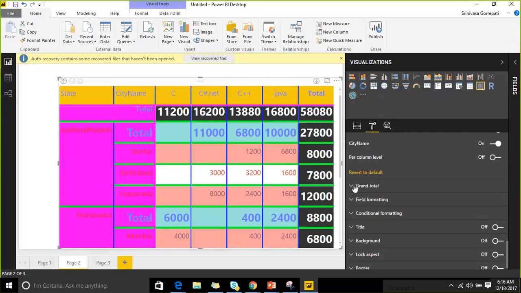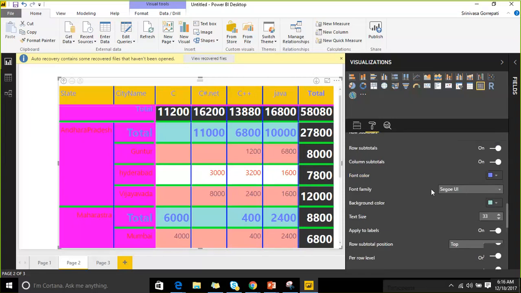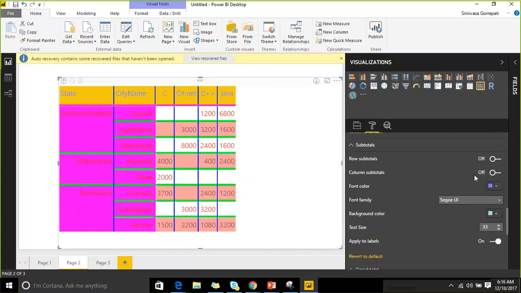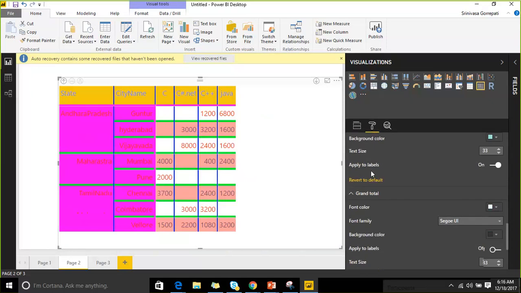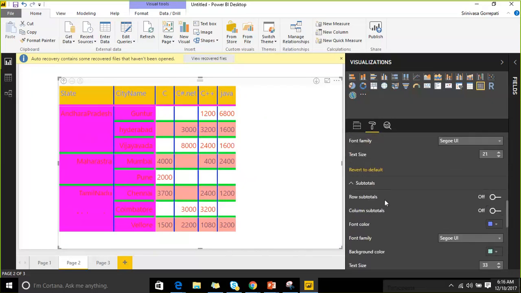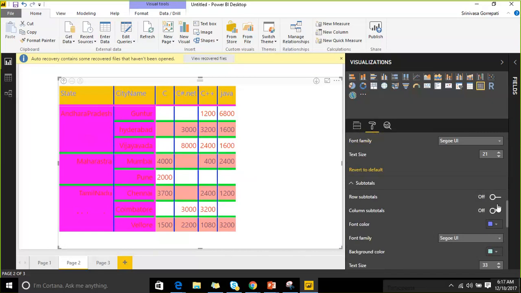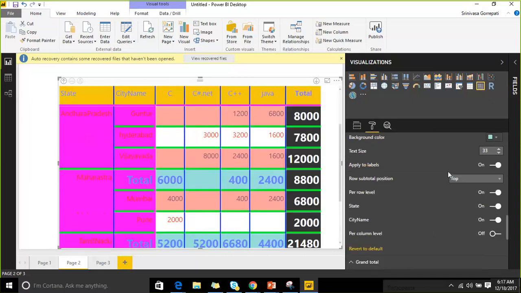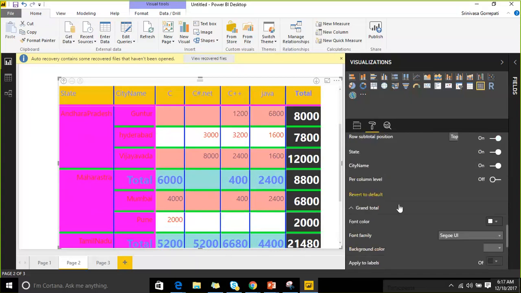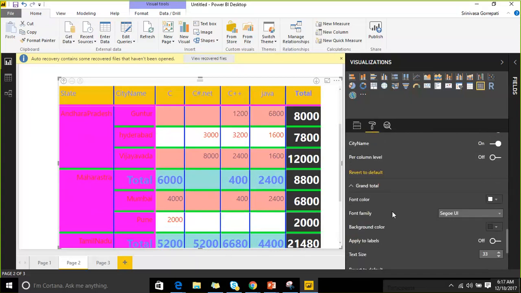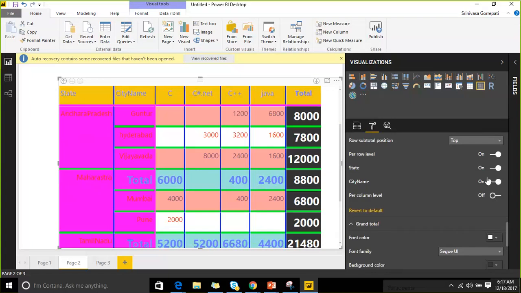And grand total, I am disabling that subtotal, and the grand total is nothing but overall sum. If you want to get, you have grand total option is there. Grand total, you don't have like enable or disable that. If you want to represent, you need to represent through this, like by disabling